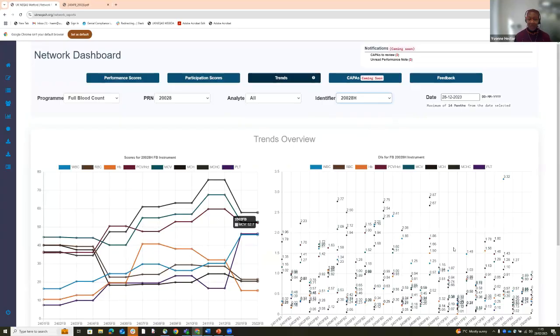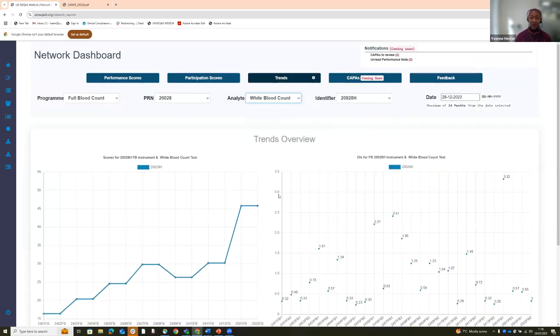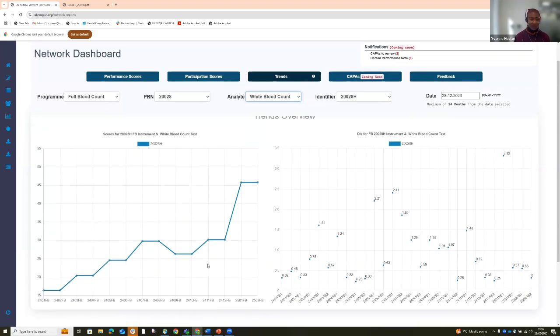Now, it's a lot of information, as you can see at a glance. Now, if I choose a particular analyte, you will instantly see that all the other information has gone, and it's just showing me the white cells. And along the graph, you can see on the x-axis, this is my score. So this is going from basically 15 to 55. And along the y-axis, we've got